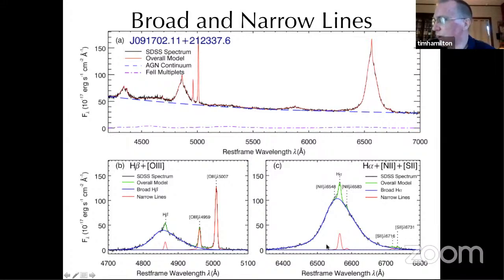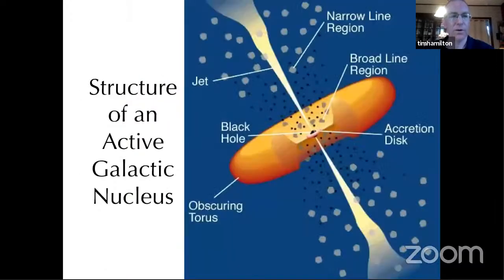Take a look at the hydrogen alpha. Here we have a narrow contribution to H alpha plus a narrow nitrogen II, both on the left and the right. And then we have some sulfur over here way off to the side. But mostly the H alpha is the broad component there. Okay, so why do we get broad and narrow, and why do we get a continuum, all from the same beast? Well, an active galactic nucleus, or AGN, is at the